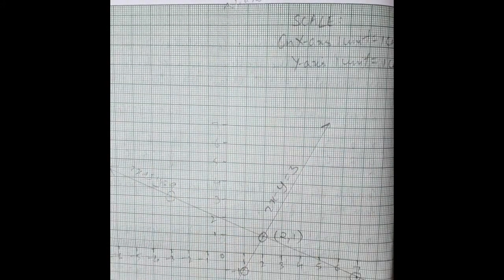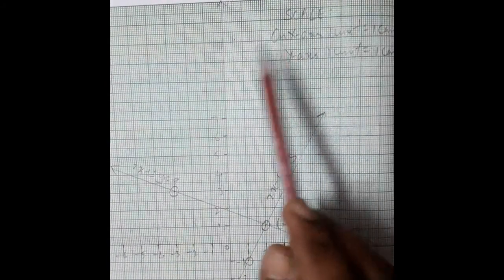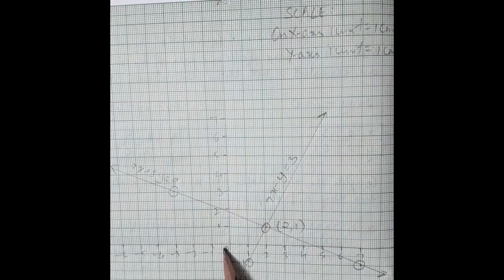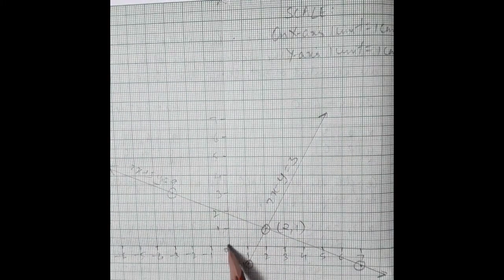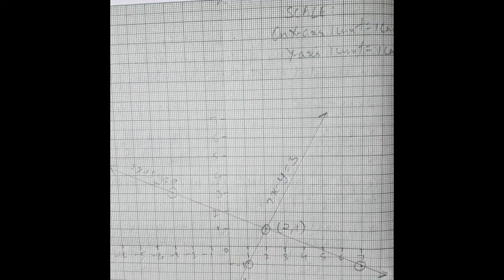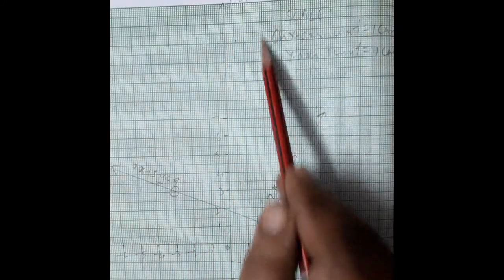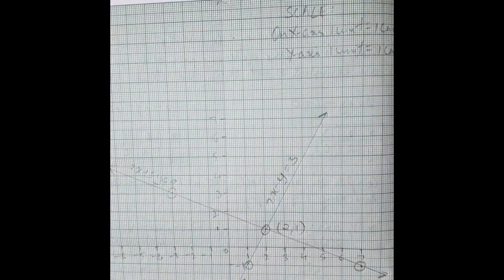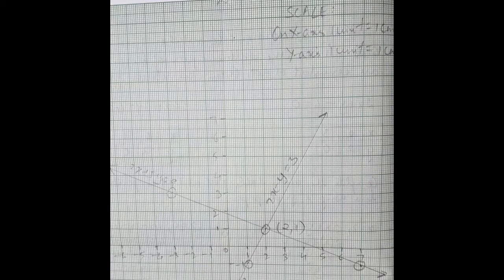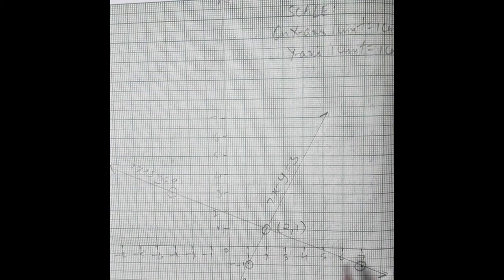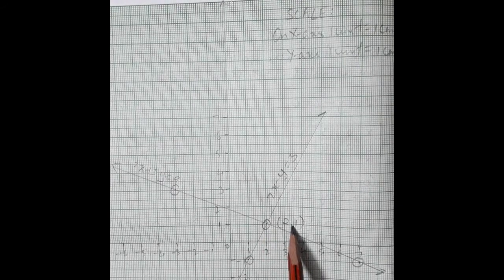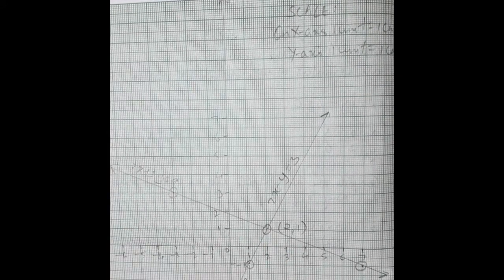And this graph, I had already pre-drawn the layout of this. I had taken the scale on the x-axis, I marked it as 1 centimeter is equal to 1 unit, and similarly on the y-axis it was 1 centimeter equal to 1 unit. I marked this as x-axis, marked this as y-axis, and I mentioned the scale over here. I had taken on either x and y-axis up to 7, so either positive 7 or negative 7 in either axis. So our point of intersection is (2, 1).